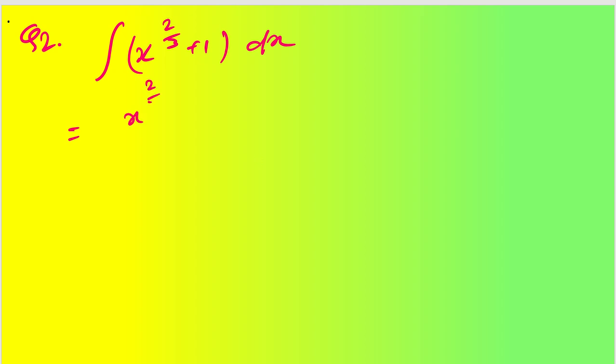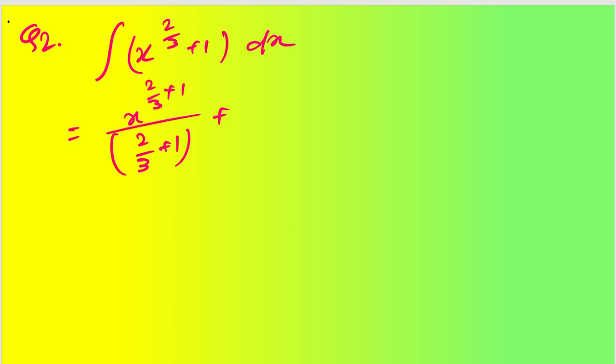Let us take another question. Integration of x to the power 2 by 3 plus 1 dx. Okay. So what we can do? You can see it can be written as x to the power 2 by 3 plus 1 divided by 2 by 3 plus 1. So this is the formula,